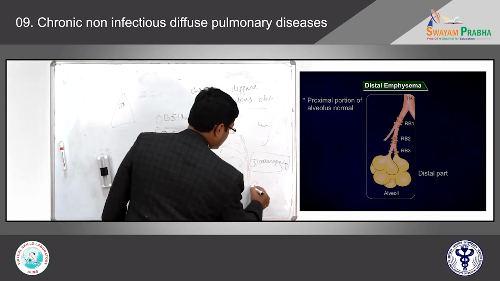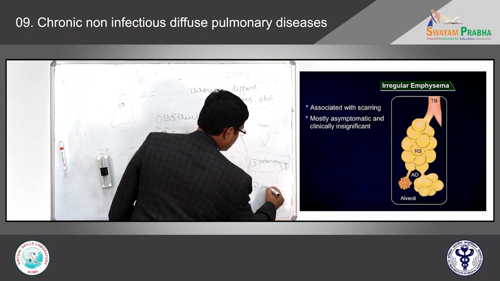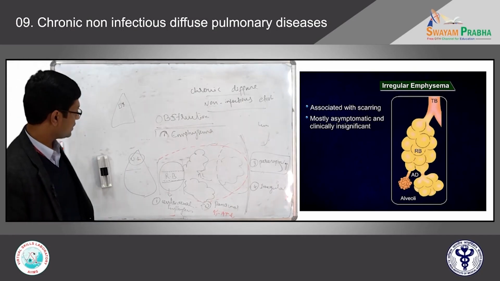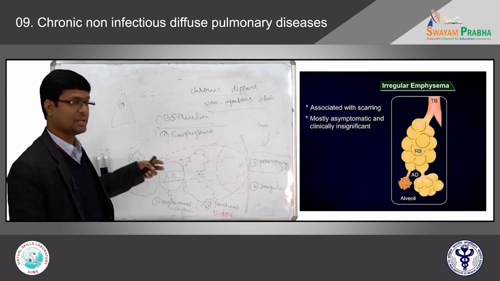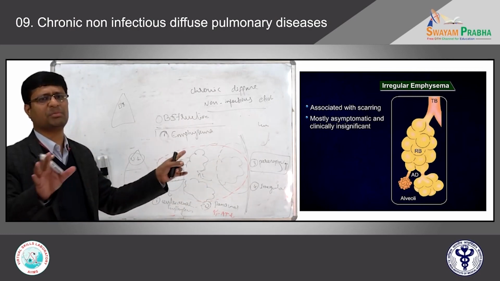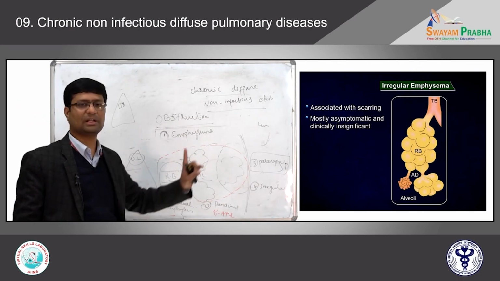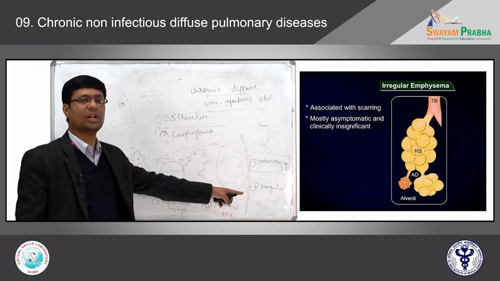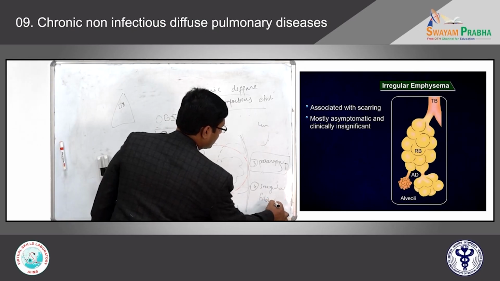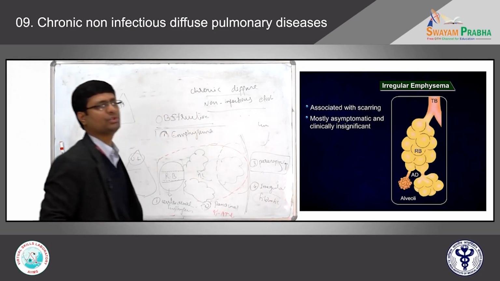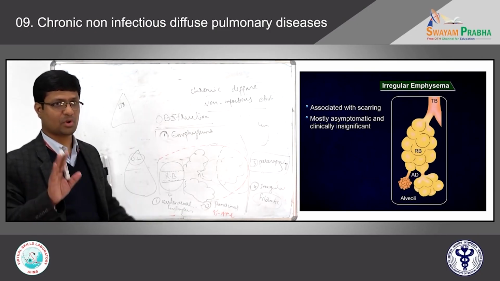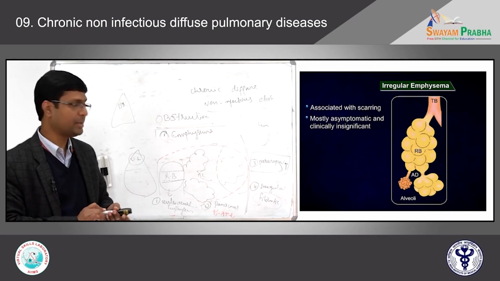Then the fourth one is irregular emphysema. The name itself indicates that some alveoli in this part are involved, and this part is spared. So you cannot classify it into any of the other 3 subtypes. Then you call it irregular emphysema, and this is most commonly seen in fibrotic lung disease. Wherever you have fibrosis, the adjacent respiratory units show irregular emphysema. All of you understood? I repeat,